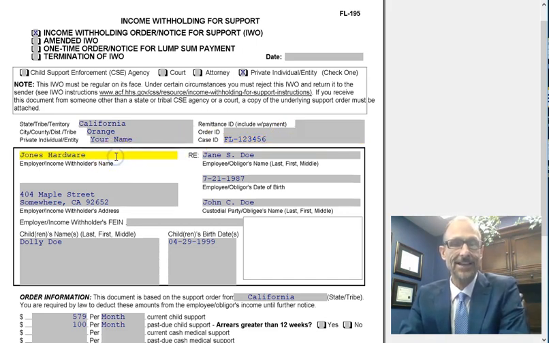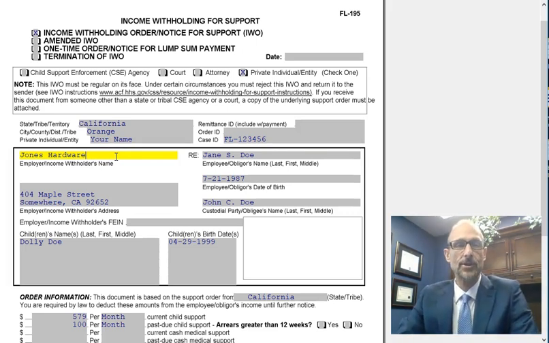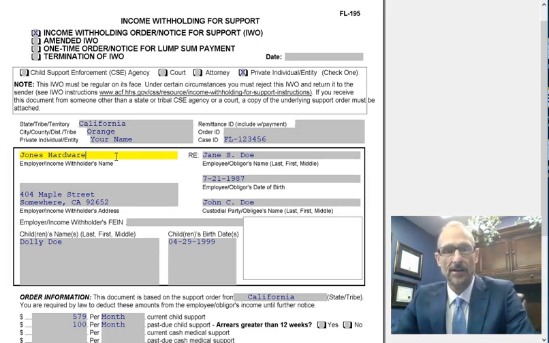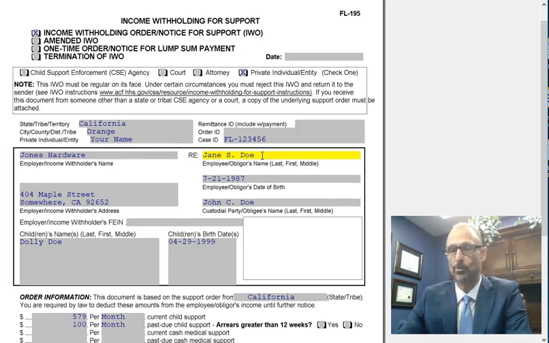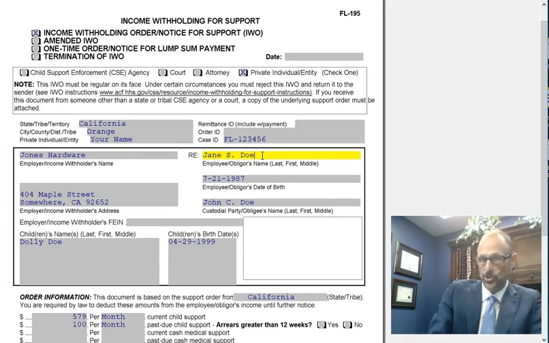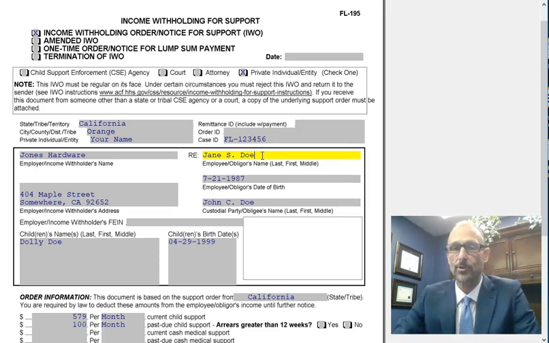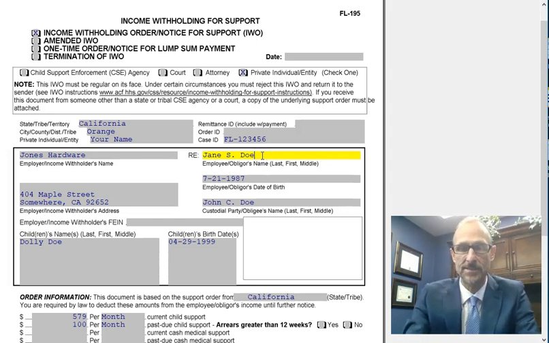All right. Then the next box down is all about the employer's information and the employee. So in the top, you're going to put the name of the business. I just put Jones Hardware in here. You guys can't see it, but in here, just whatever the name of the business is. Off to the right, you're putting the employee's name that is going to be paying the support. The employee's name that Jones Hardware is going to be taking money out of their check to pay you. So whoever that employee is, they're also known as the obligor. So you're going to put their last, I actually have this backward. It specifically asks for the last name first